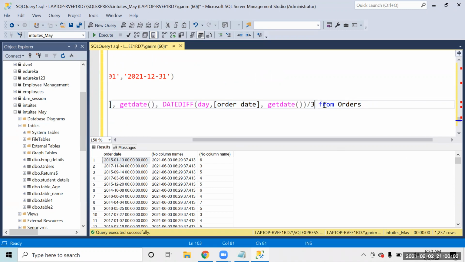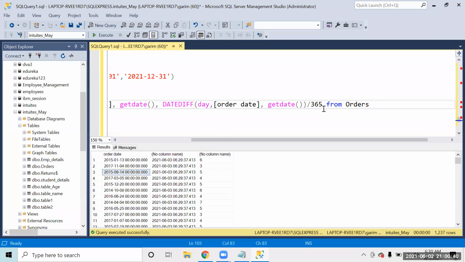So, as you now understood, the age is now coming properly. If you see over here, if I divide by 365, this guy was born in 2015 on 13th of Jan. So he is 6 years, correct. This guy was born in the month of November 2017. So he is yet to turn 4, but right now his age is coming as 3, because after 5 or 6 months he is going to be 4 years. So his age is now coming as correct. Now this is the correct age.